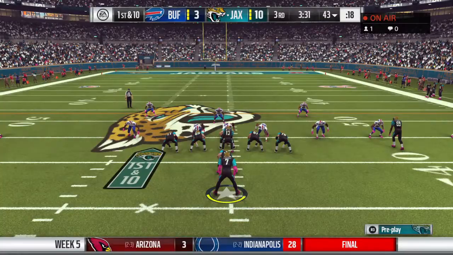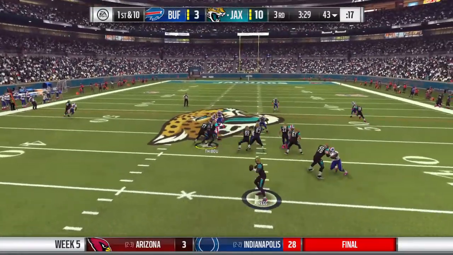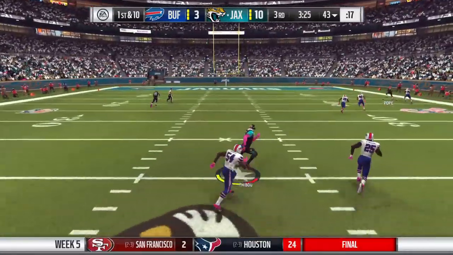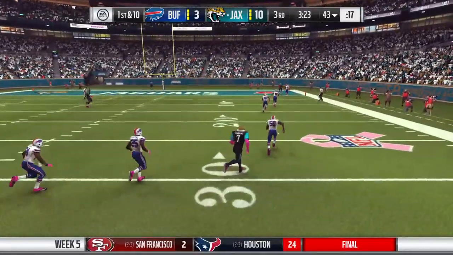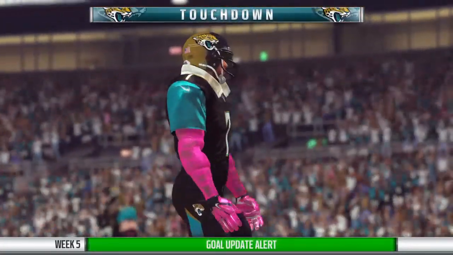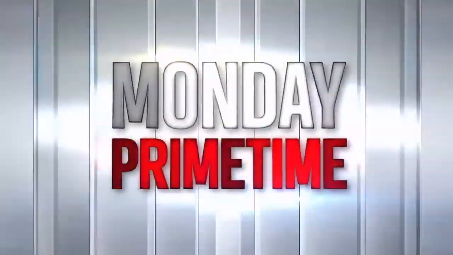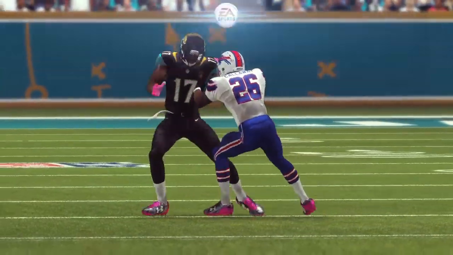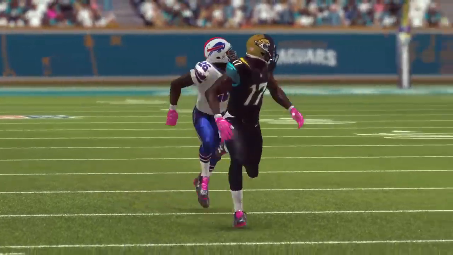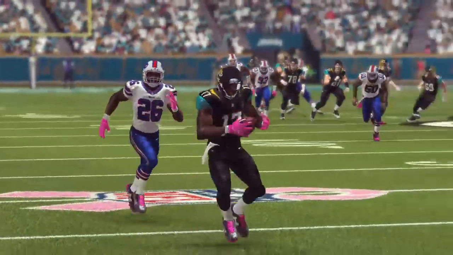1 receiver left, 2 to the right. They'll look to throw here. He's going to float this one deep right side. That's caught inside the 20. Touchdown, Jaguars. Their dangerous wide receiver. His first touchdown on the year. And the Jaguars add on to their lead. And he showcased his...